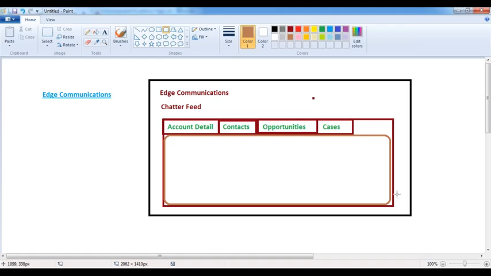So I want to design a tab panel. Inside this tab panel, I would like to add various tabs such as account details, contacts, opportunities, and cases. I want to add these tabs. Once I click on the account details tab, it has to show this account record's detailed